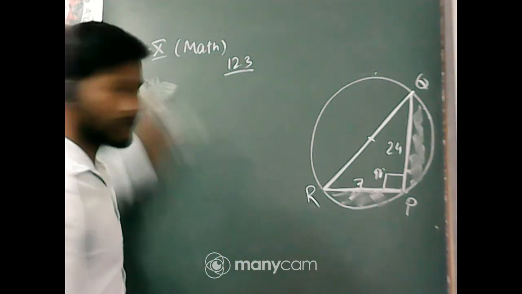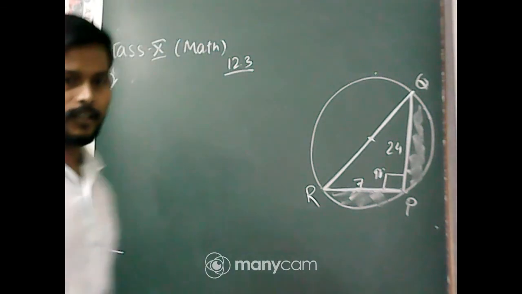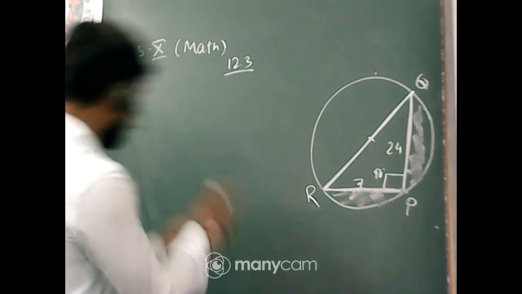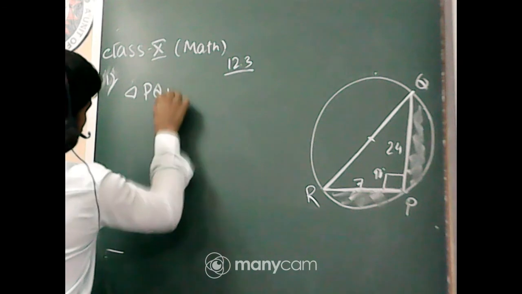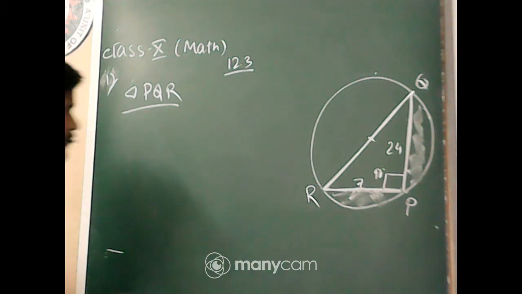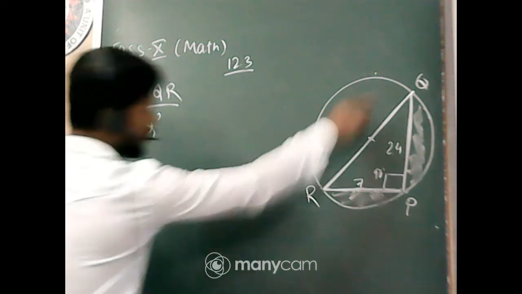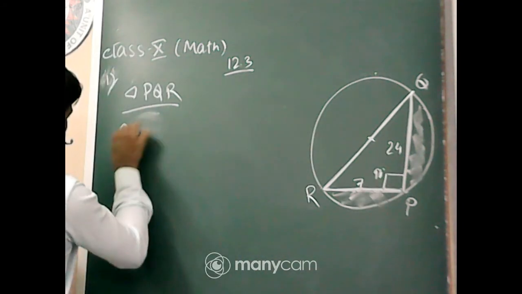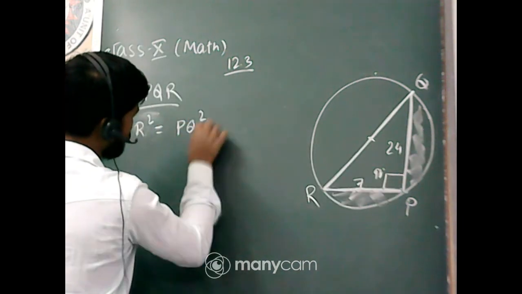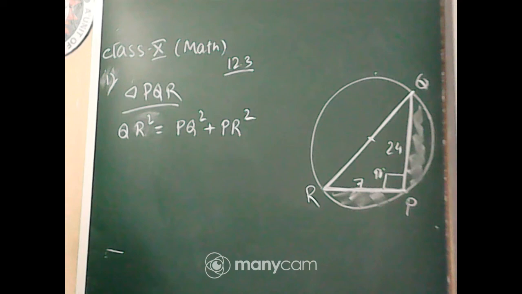If you make a comment, if a triangle is a right angle triangle, then we can apply the Pythagorean formula. Very, very good. Pythagoras formula. So consider the triangle PQR. In this triangle, apply Pythagoras theorem first. So what does Pythagoras theorem say? That in a right angle triangle, the hypotenuse is QR. So QR square is equal to perpendicular square, PQ square, plus base square, PR square. This is from Pythagoras theorem.